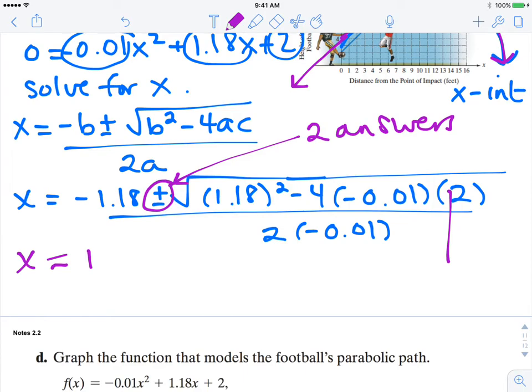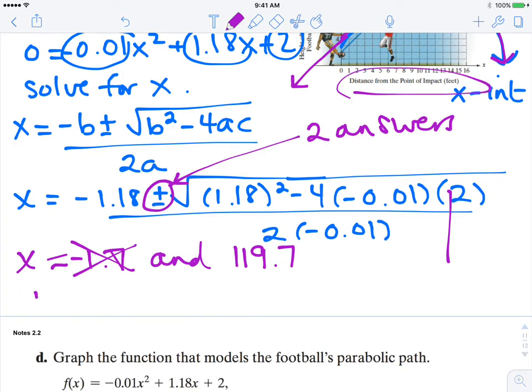We're going to get negative 1.7 and 119.7. Well, this one's not going to be true. So how far down will it be? The distance will be 119.7 feet that this ball will go